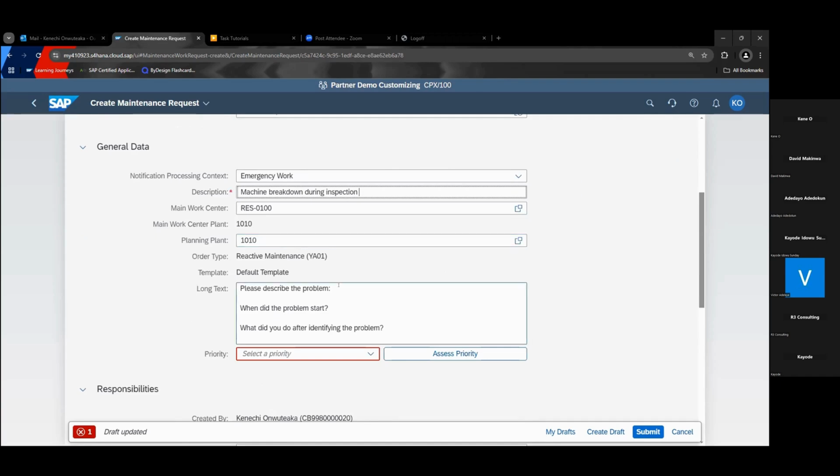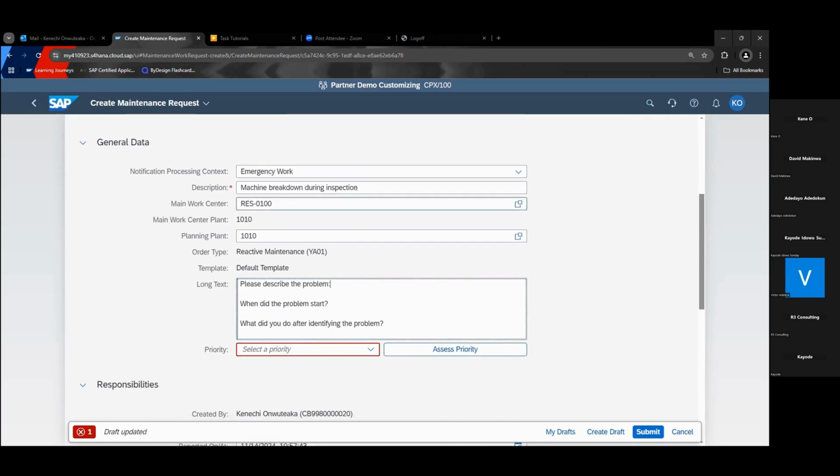In this long text, you can give a detailed description of the problem. We saw machine breakdown here. When did the problem start? 10 a.m. today, November 2024. What did you do after we restricted production?